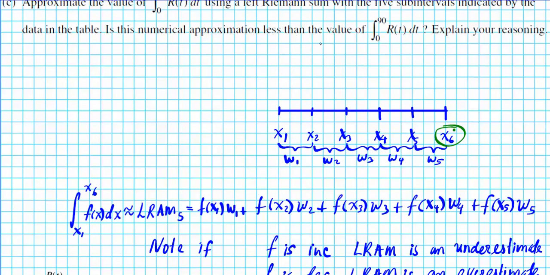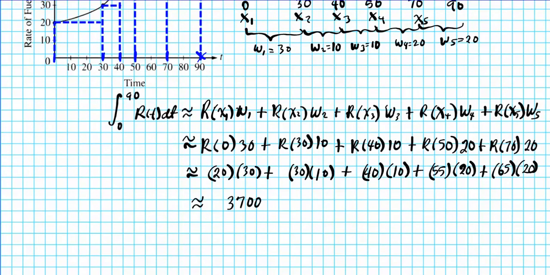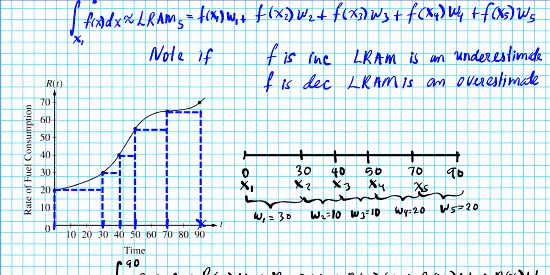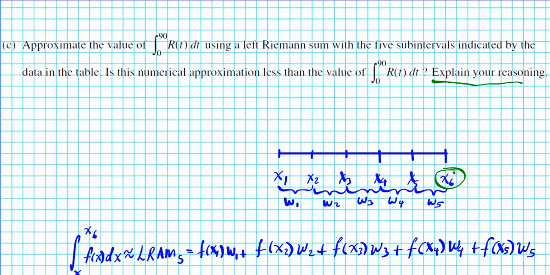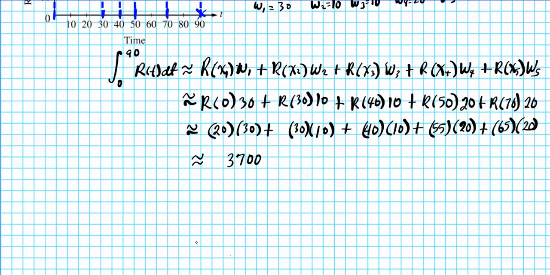Okay, and then we're asked, is it less than the actual value? The answer is yes. And then we can't just say yes, we have to explain our reasoning. So let's see how they structured it so we can write it properly. It says, is a numerical approximation. Yeah, so right. The numerical approximation